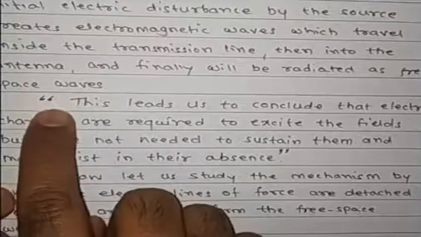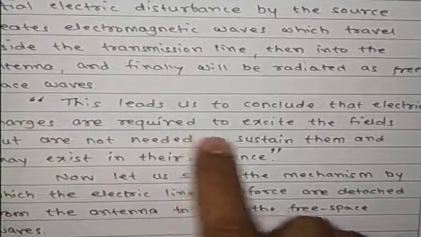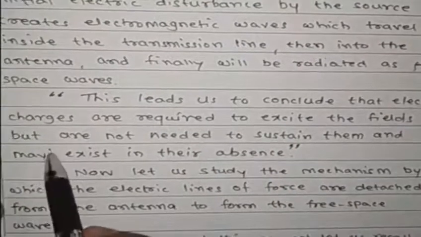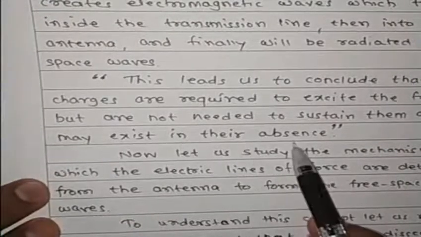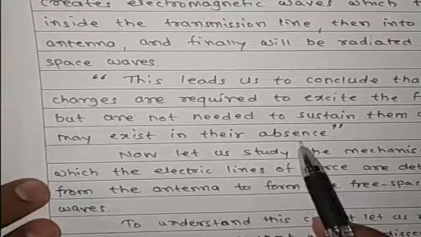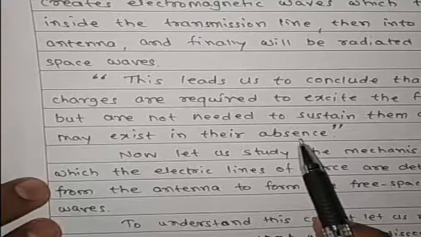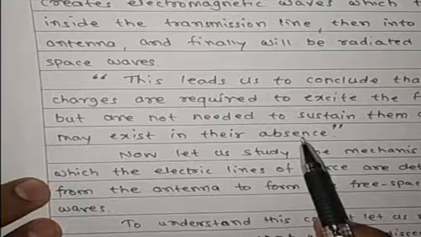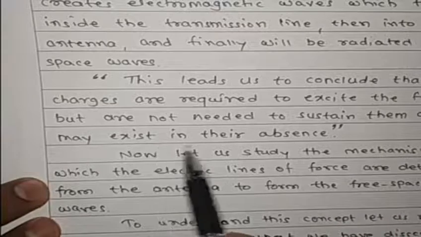Thus, this explanation leads to the concept. I think on page number 8 in my notes, we conclude the principle of radiation by saying that the electric charges are required to excite the fields but are not needed to sustain them, and the fields may exist in their absence. Once the electromagnetic wave is generated, just like in the example of generating a disturbance on the surface of a calm water body, it sustains itself and exists even if